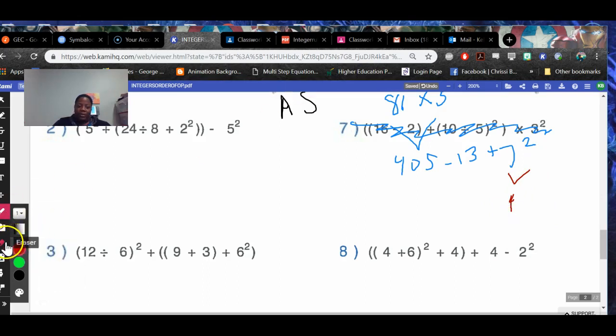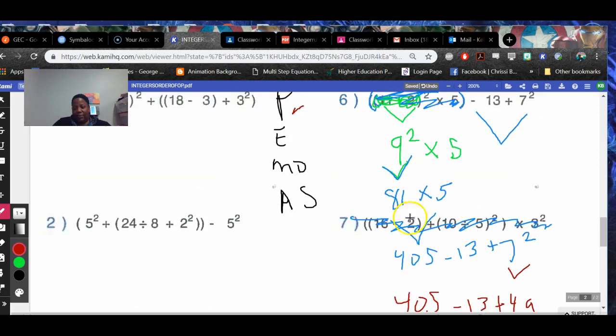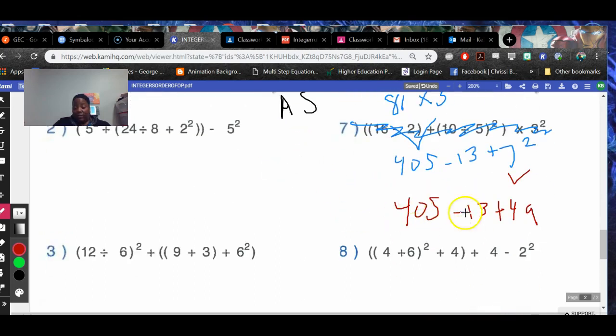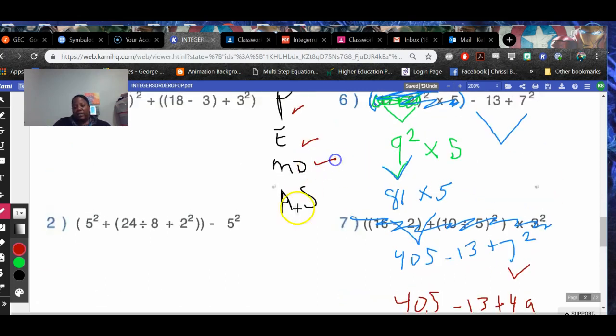I can make my 4 look better than that. 7 times 7, 49. Bring everything back down, which means I'm just recopying what was already there. Okay? So now that that exponent is done, boom, I need to multiply or divide whatever I see first. So let's take a look. Do you see any multiplication or division left in this problem? Nope. So therefore, you are done here, and the only thing left we have to do is add or subtract